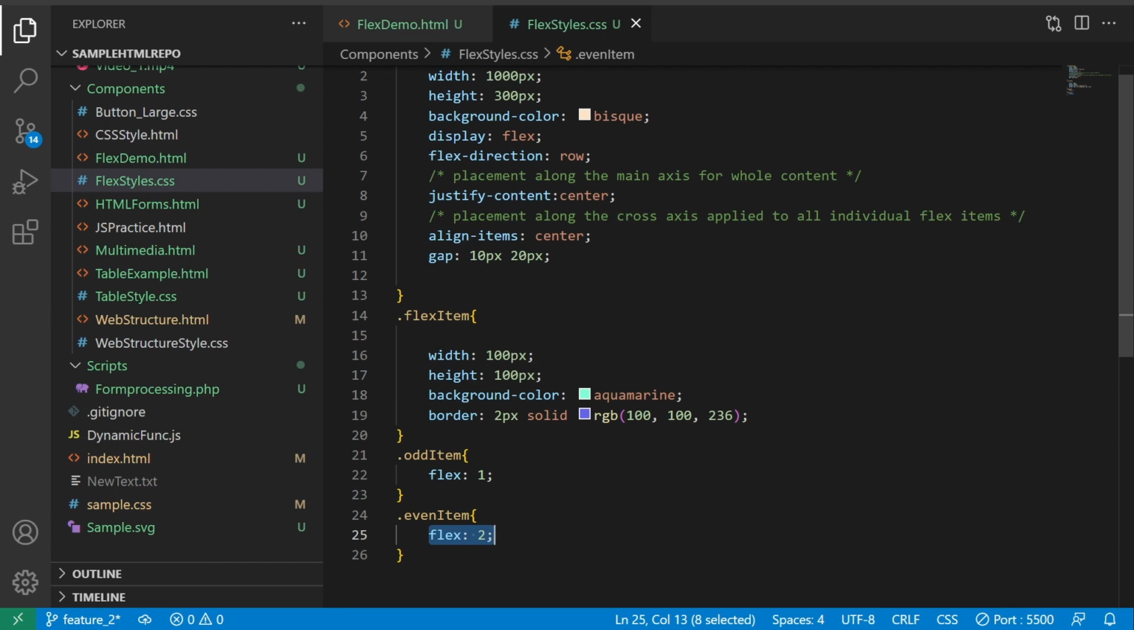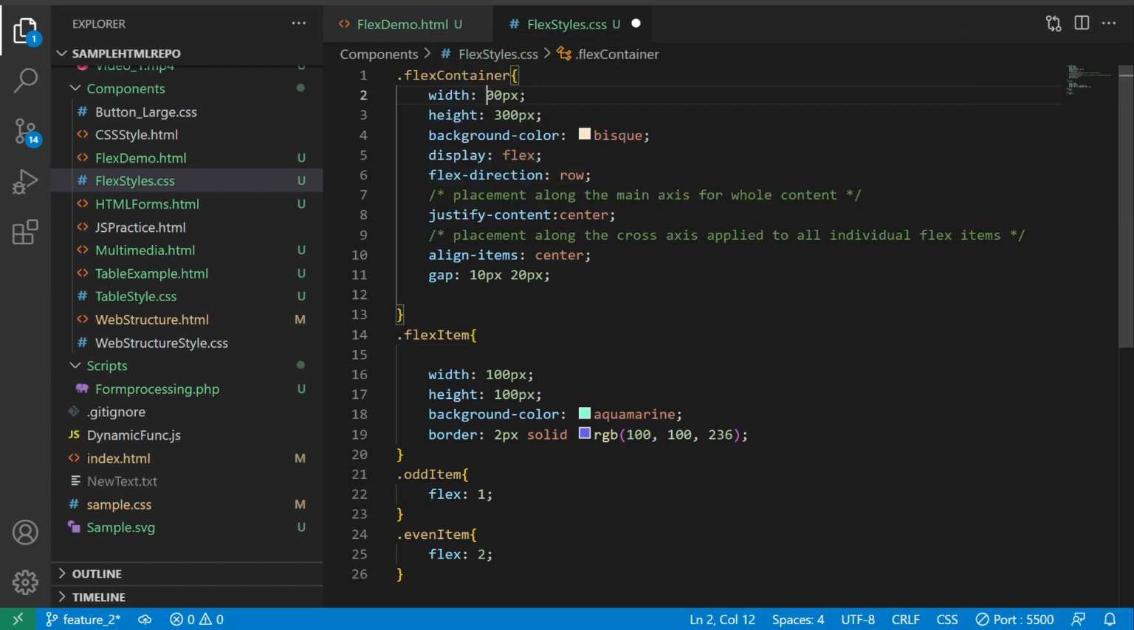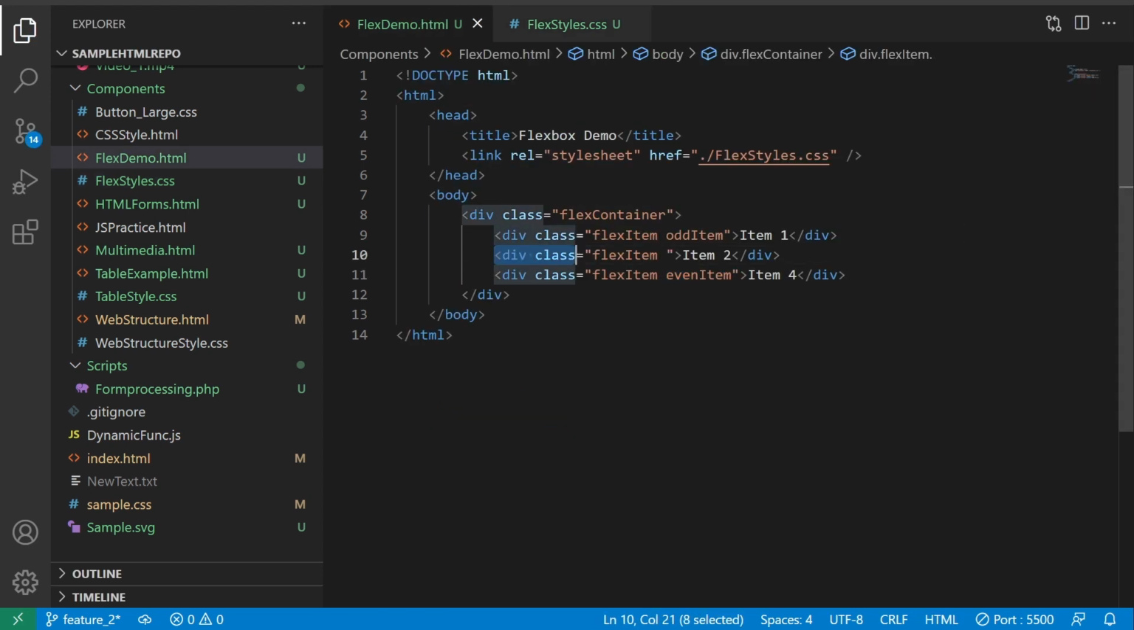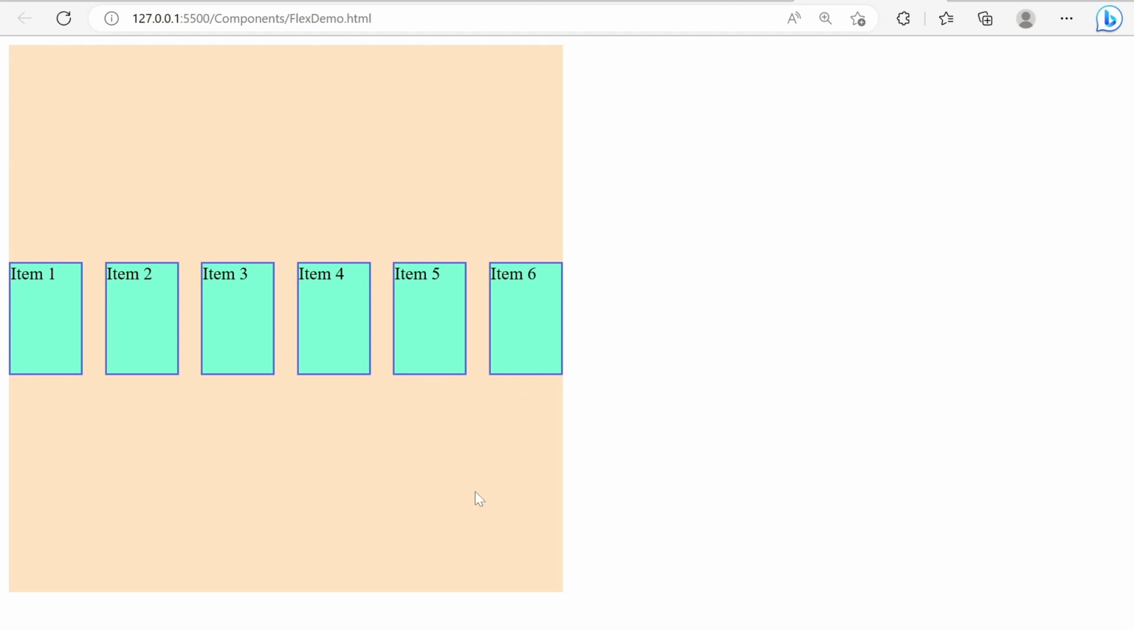Now we will discuss one another thing. I will apply 900 pixel, 500 pixel, and comment this out, then item 3, item 6. Okay, so if you see,